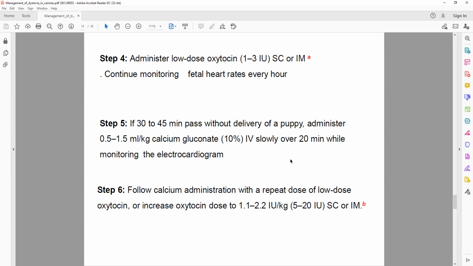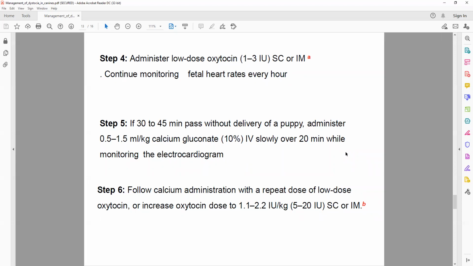Try to imagine: can you count the blades of your ceiling fan? You can count them when it is in the stop position, when it is not on. Once you put it on and the ceiling fan is moving, you cannot count the number of blades, because it is moving. The same thing happens here. The contraction and relaxation go in such a way that the heart becomes non-functional, and there is a chance of cardiac arrest. That's why you can give calcium, but it should be given very, very slow.